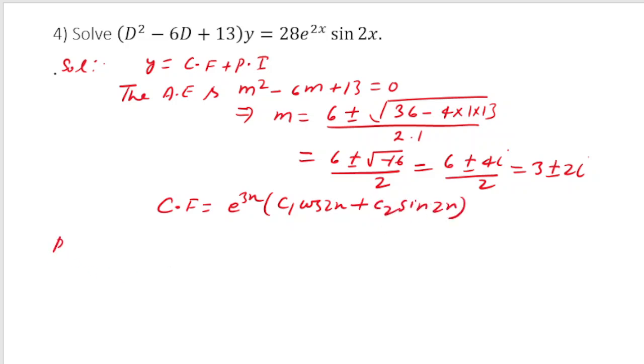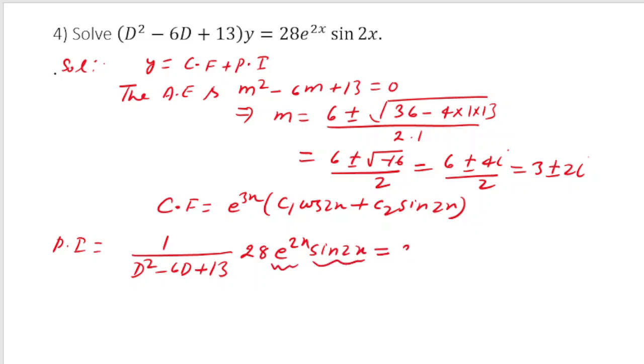Let us find the PI. So PI will be 1 by D square minus 6D plus 13, and we are going to operate it on 28 e to the power 2x sin 2x. So as we already have, this is e to the power ax into V, so 28 constant out, e to the power 2x is also out, and this D will be replaced by D plus 2. So D plus 2 square minus 6 into D plus 2 plus 13,